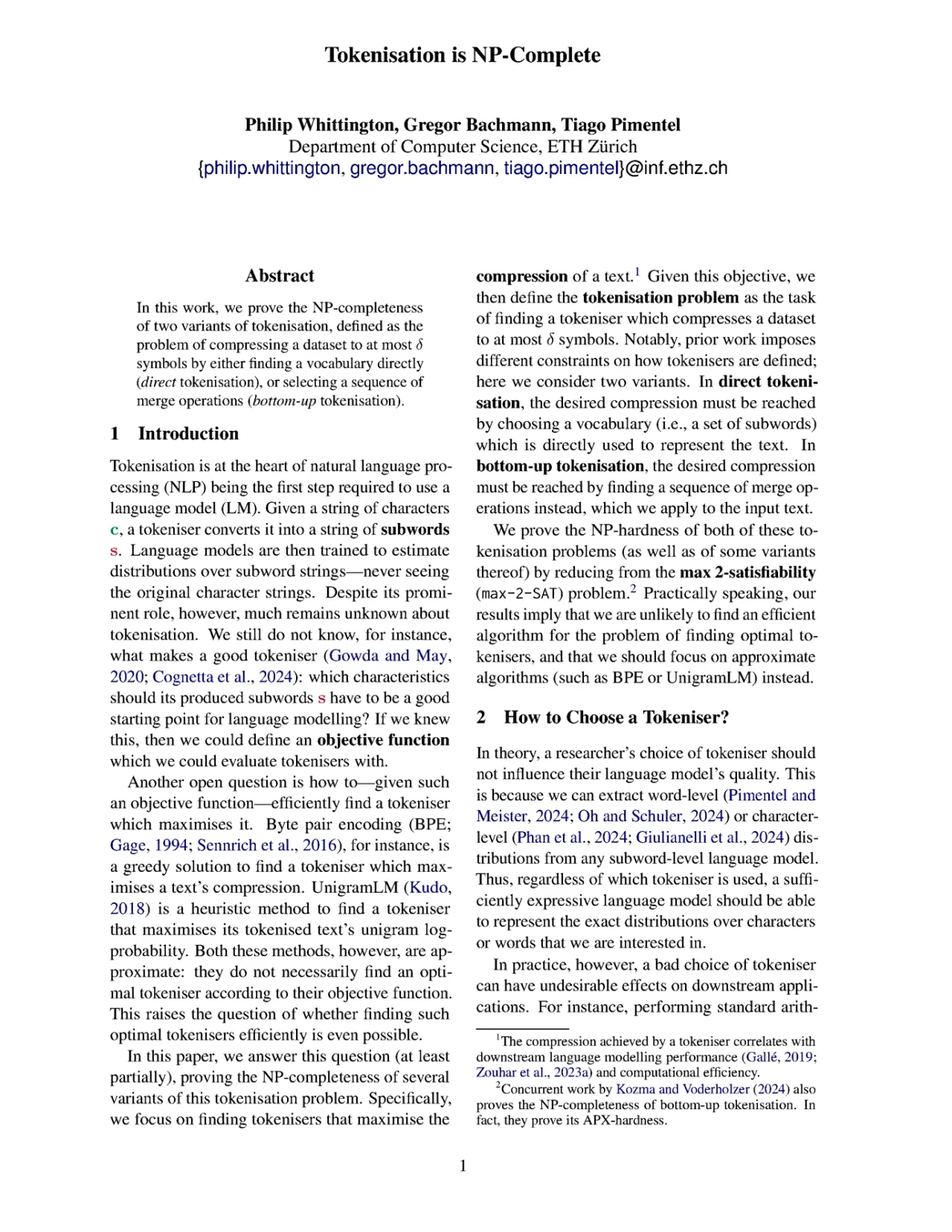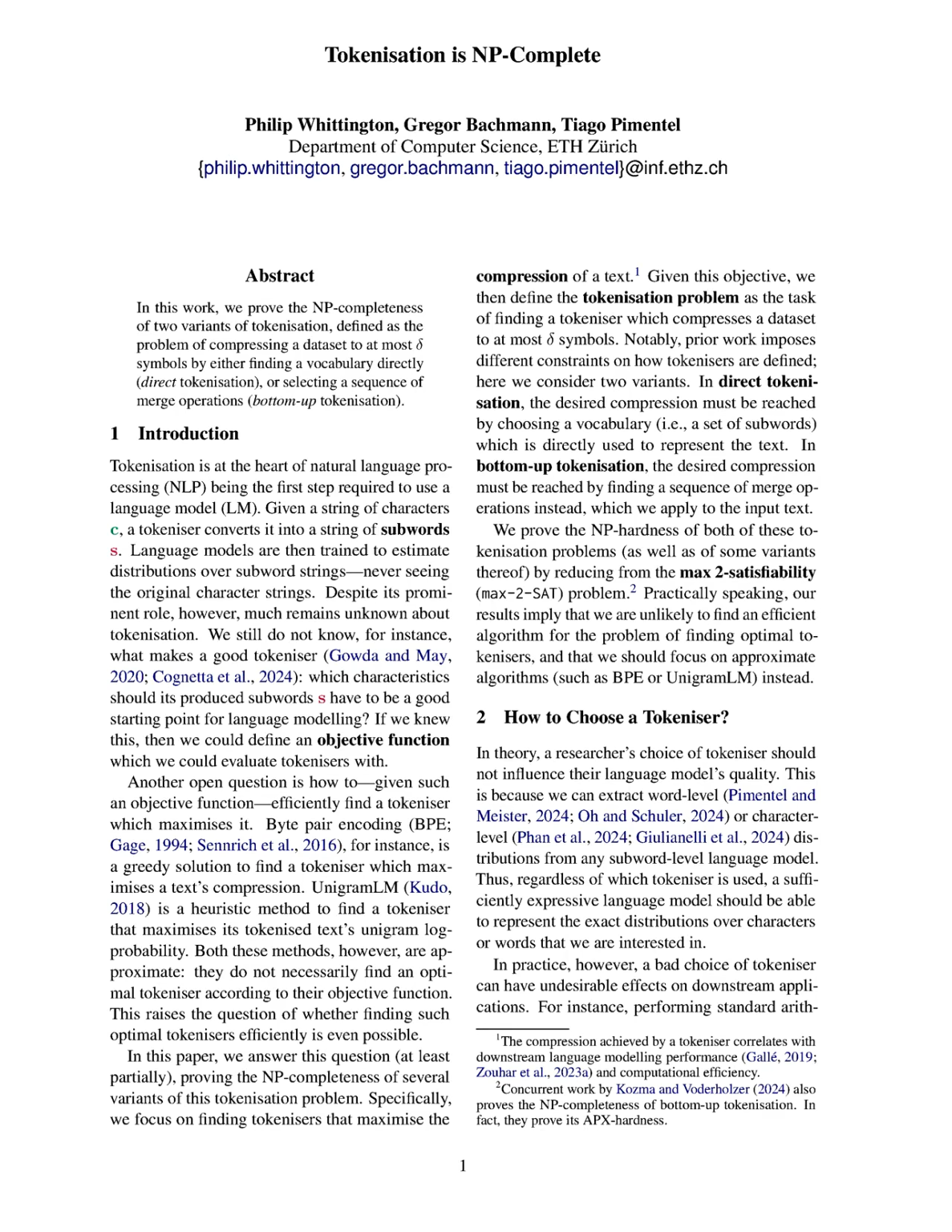The proposed method aims to solve the problem of finding optimal tokenizers that maximize the compression of a dataset while adhering to specific constraints, such as a maximum vocabulary size and a target number of symbols. This problem is significant for natural language processing (NLP) because effective tokenization directly impacts the performance of language models. A poor choice of tokenizer can lead to inefficiencies in training and inference, as well as degraded performance in downstream